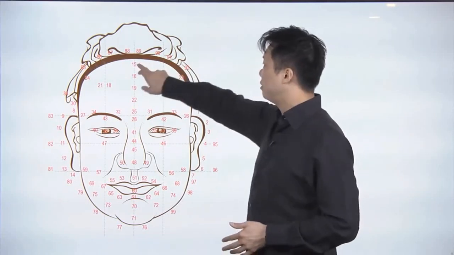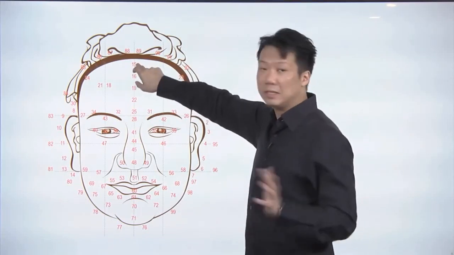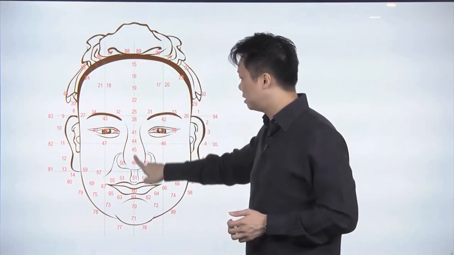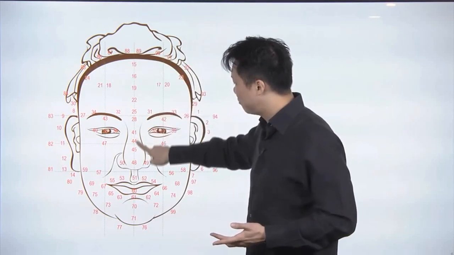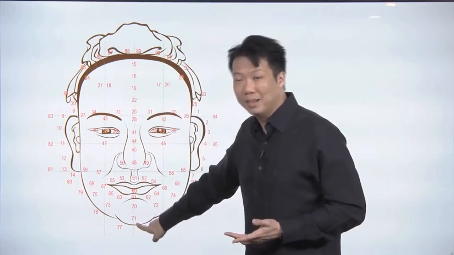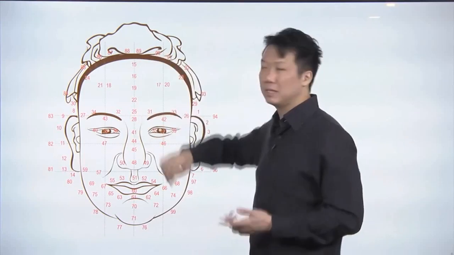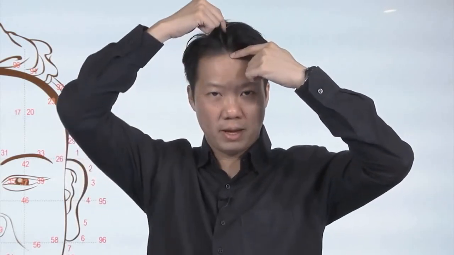15, okay, now here's a trick for you. It's easy to remember. Anything on the central line is the same for the male and female, okay? Anything on the central line is the same for both males and females. So 15 begins, now on the map, on all Chinese metaphysics on face reading, it says 15 is right at the tip of your hairline. It's not true, okay? 15 actually extends all the way up to here. That's why it's called fire star. The term is called forcing. Fire is on top. So if you touch the top of your forehead right now,